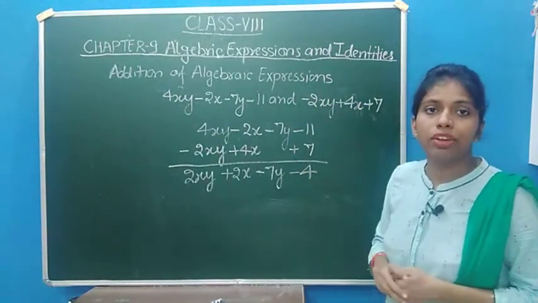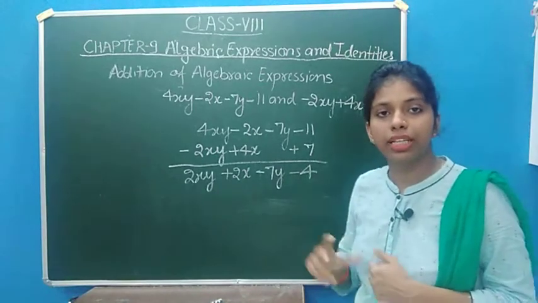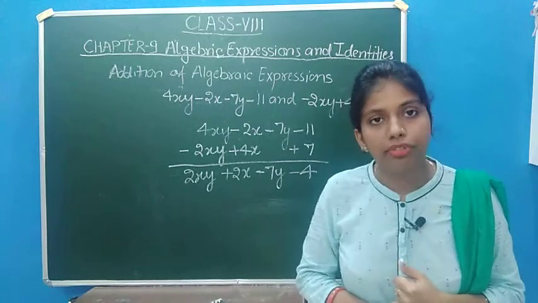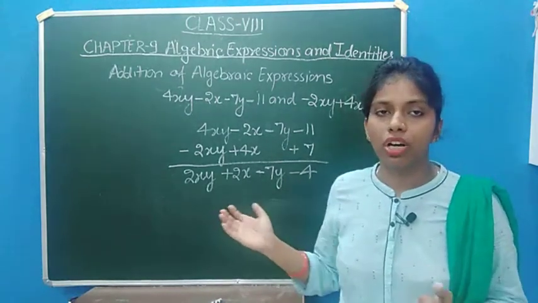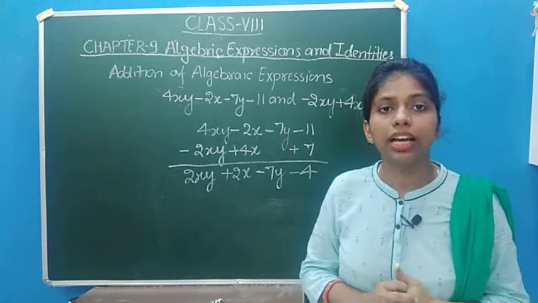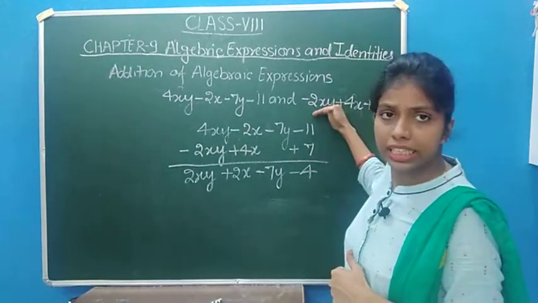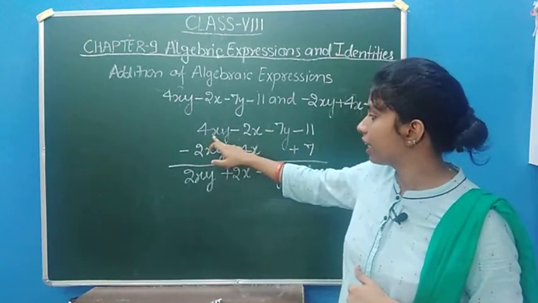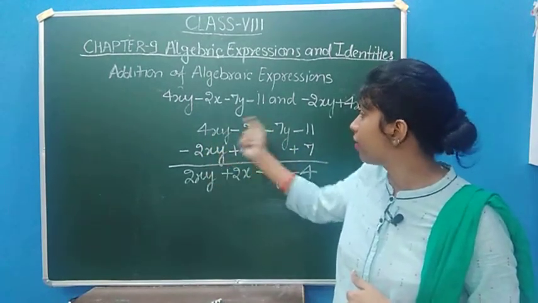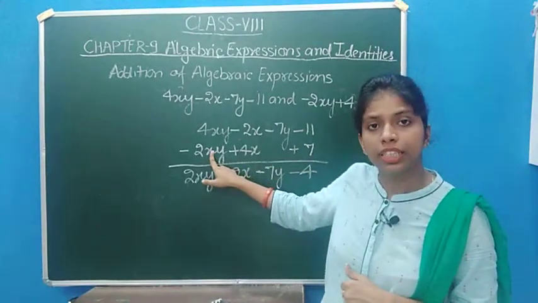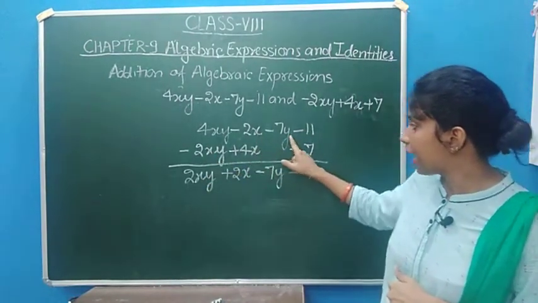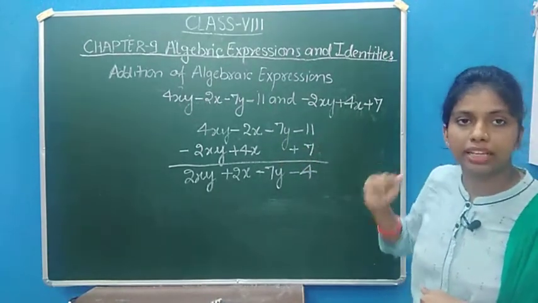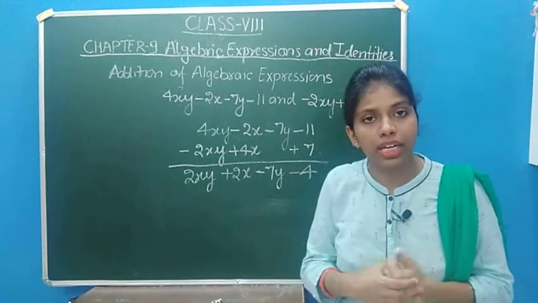So it's simple. Whenever we want to add any two algebraic expressions, we have to add the like terms with each other. For that we have to arrange them. Of course its arrangement is very easy. We have to write each like term of the second expression below the like term. Here we have variable xy, so I write the variable xy below this variable xy. We have nothing like a term with the y variable, and this one is also a like term. So after that it's simple addition.